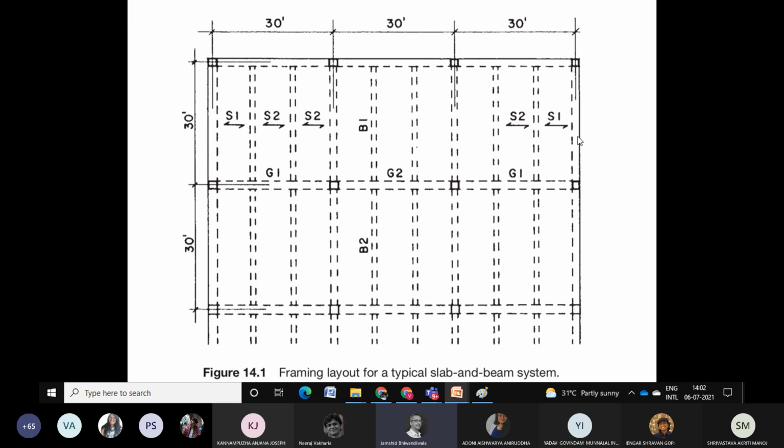So you're getting to understand profiles. What profile works best? You have square profiles, and two-way slabs work best. You have rectangular profile of bays, and you will gather that one-way slabs work best for them.